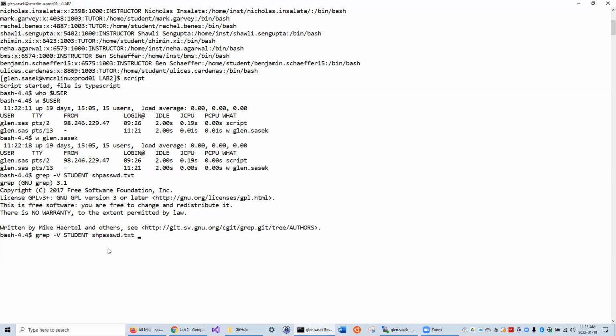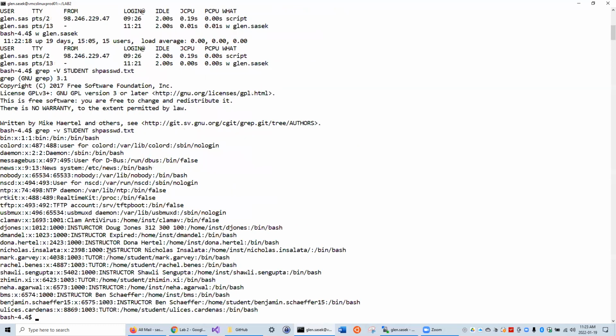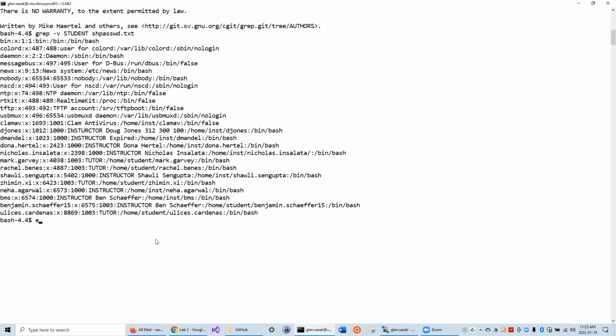Oh, because I had an uppercase V rather than a lowercase v, it was just showing me version information and quitting. So there's that. I'm going to say exit. Files typescript, so I'm going to move typescript. So this is incomplete. For your assignments, you will actually do all of the commands and name it